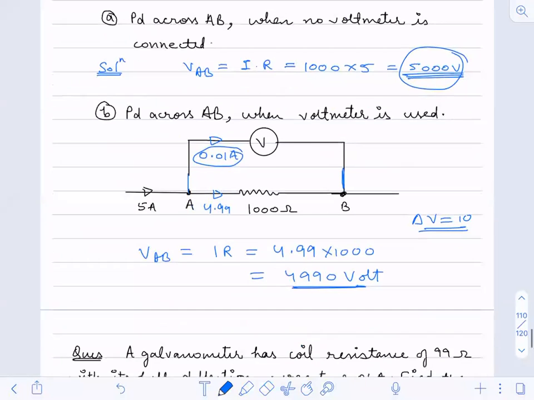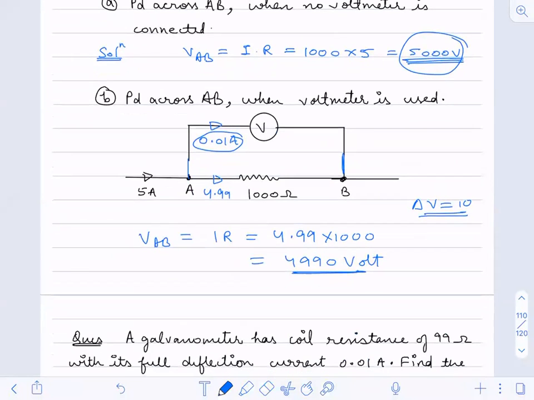How can I reduce the error? By reducing the current through the voltmeter. And how can I do that? Resistance tending to infinite. Then only I can do that. Okay, very good. Increasing resistance. So you understood now why this voltmeter is having an infinite resistance. Did you understand why a voltmeter is supposed to have a very, very high resistance?